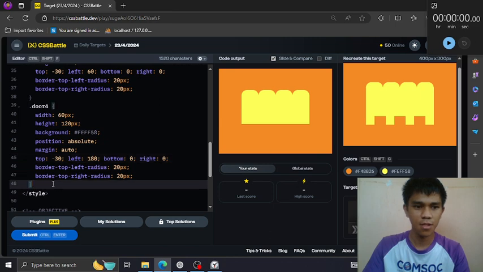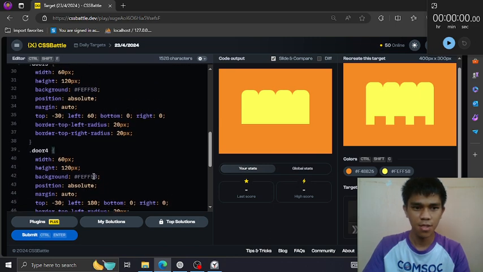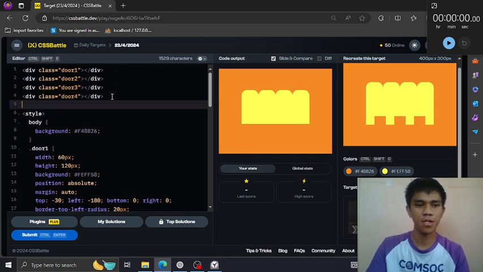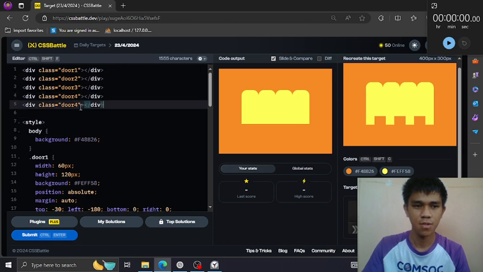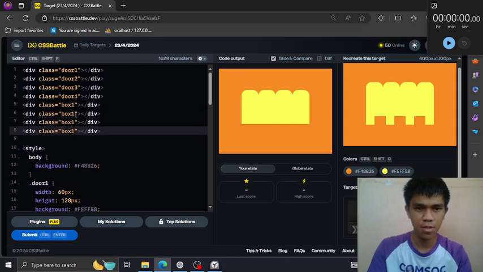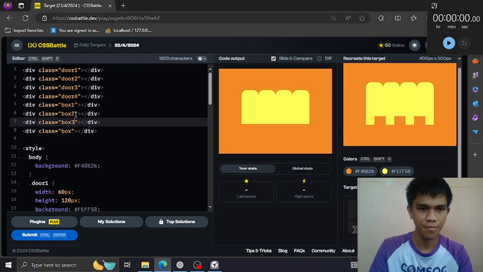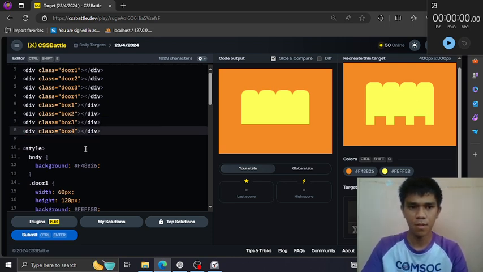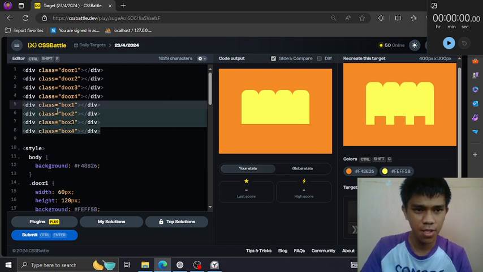And let's do the box below, or the foundation below. Box 1. There's also 4. You know what? Let's try doing flex.